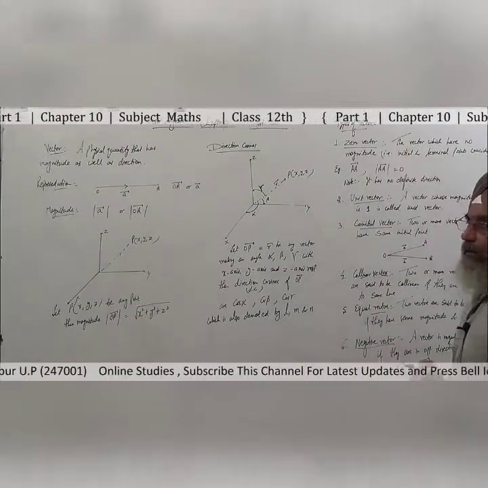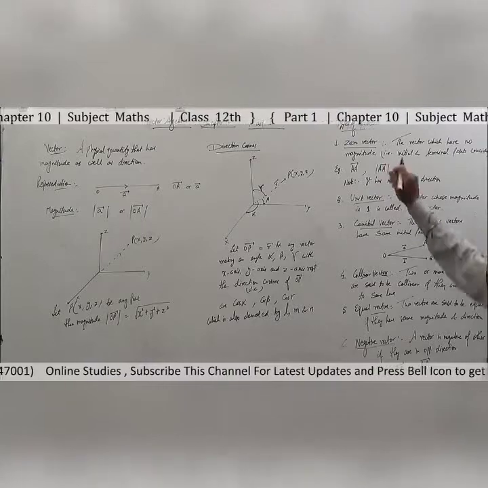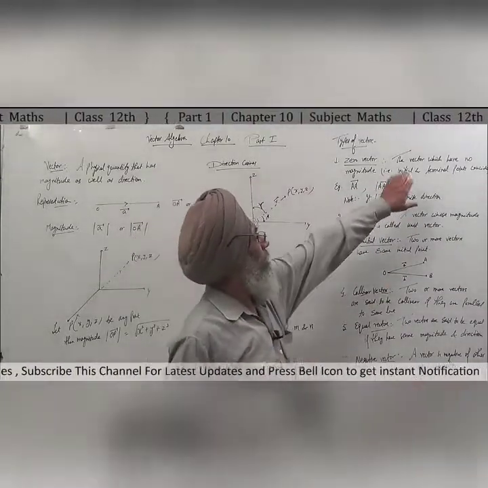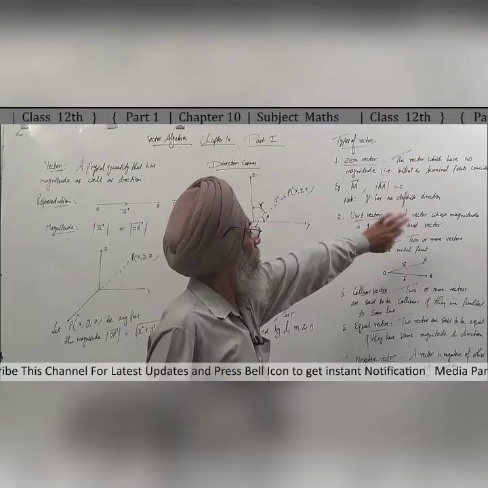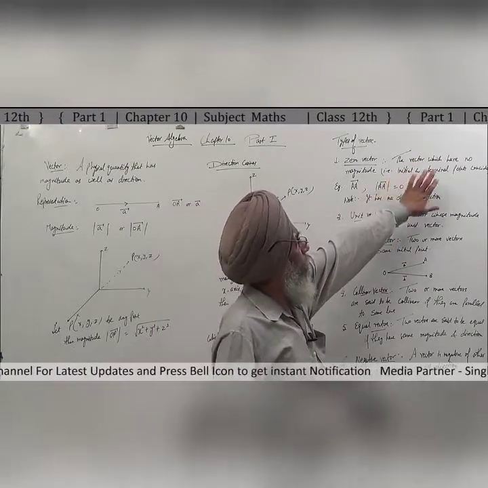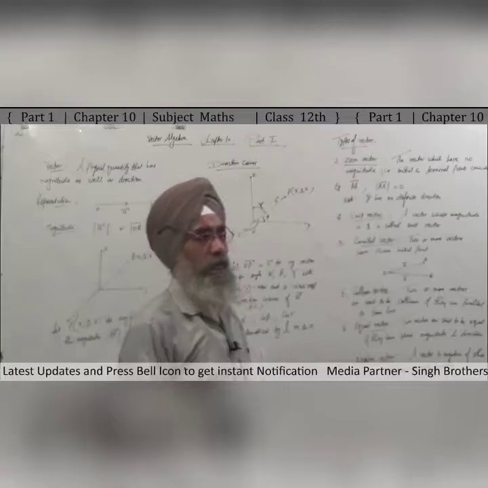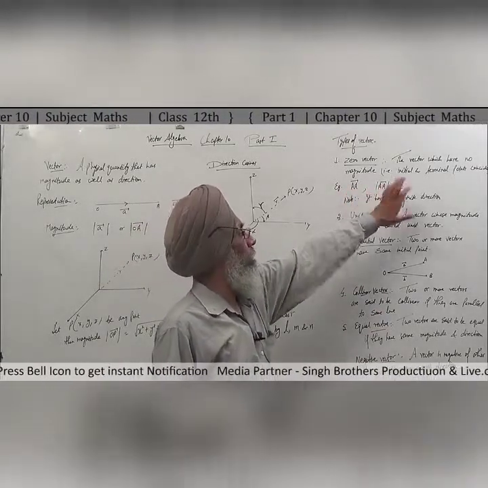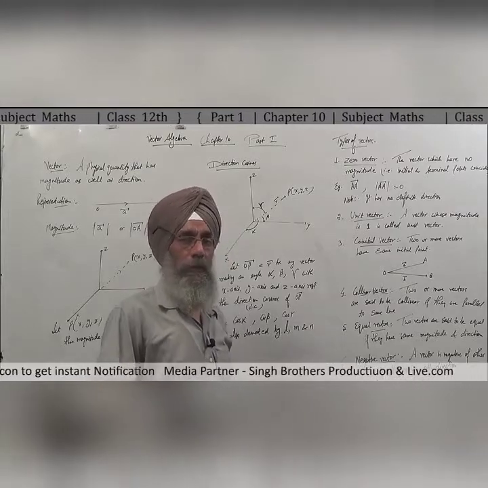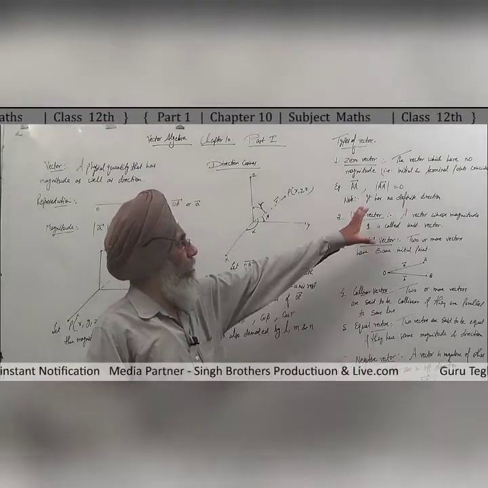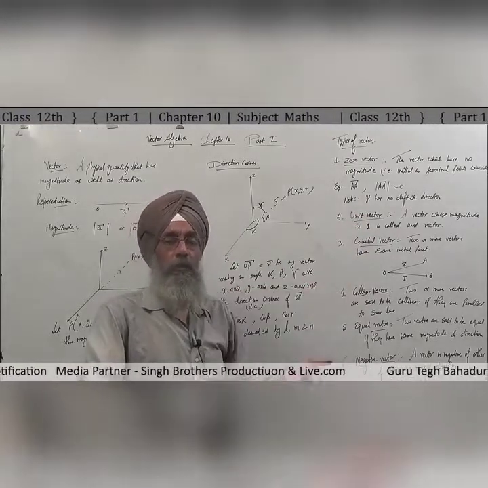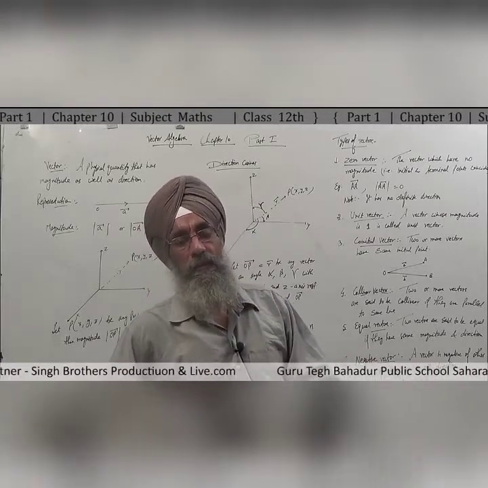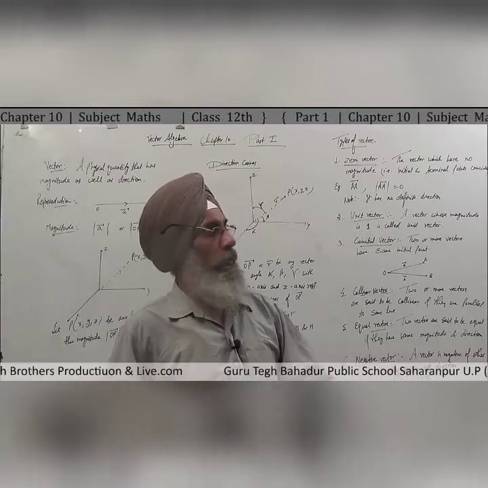There are types of vectors. First one is the zero vector. What is a zero vector? Zero vector is the vector which has no magnitude, meaning it has the same initial and terminal point. That is known as the zero vector, represented by AA, or magnitude of a is 0. It must be noted that it has no definite direction. कि start कहाँ से हो रहा है और ख़त्म कहाँ पर हो रहा है, it's again at A. So it has no definite direction. That's why it is known as the zero vector.